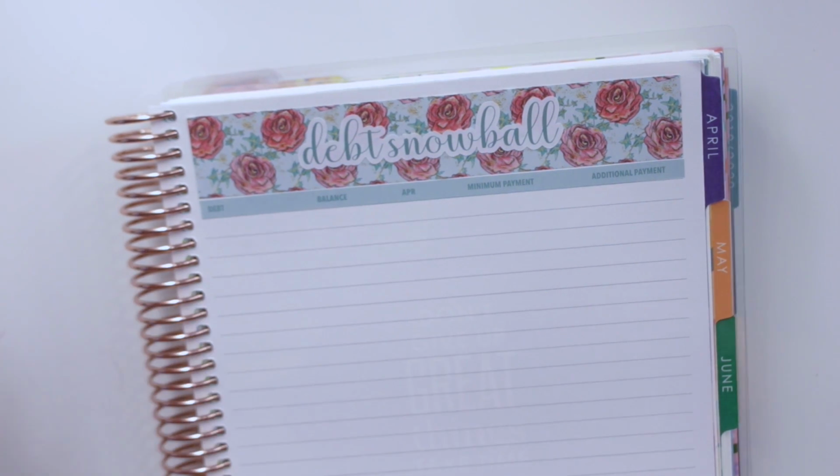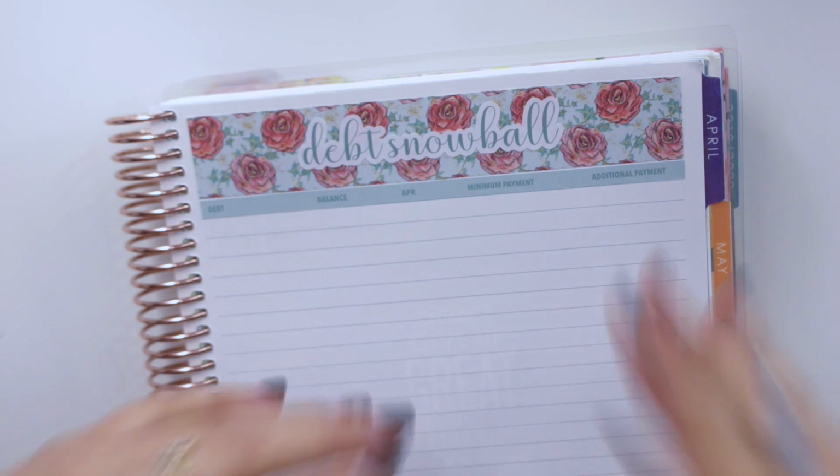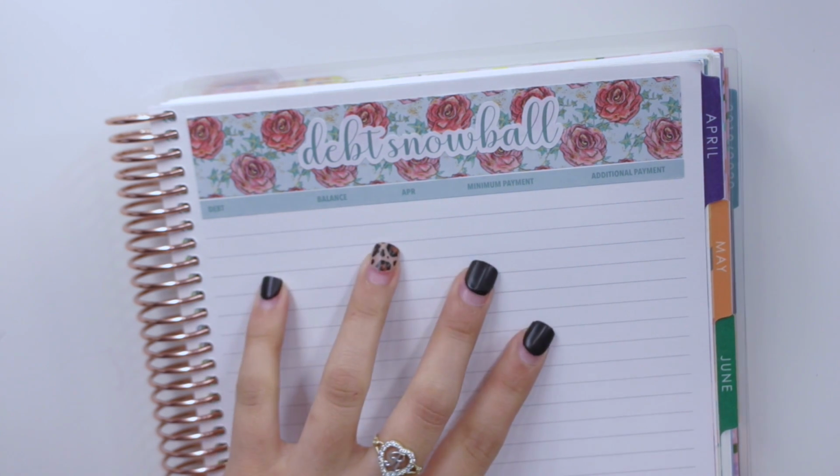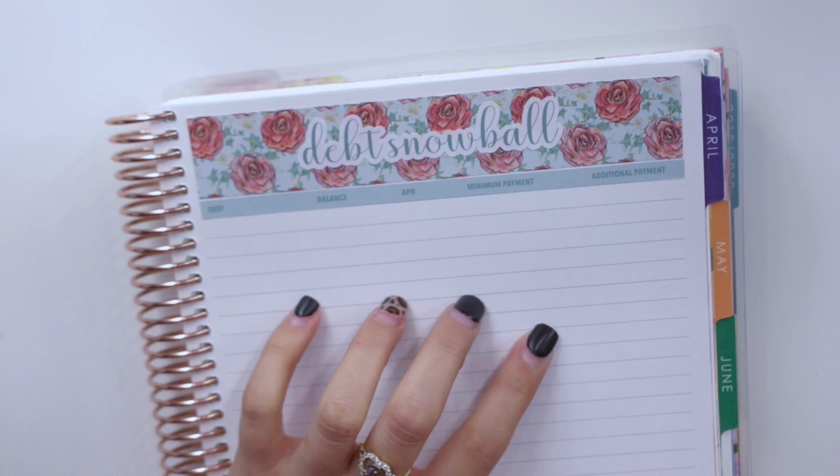I thought that I would just mention that because I feel like a lot of people have asked me if I was going to end up just staying on track with my debt payoff plan, but I think in situations like this it really just varies, and you have to do what's going to work for you and what you think it's going to benefit you in the long run. So for me, I am not going to put those $1,000 towards debt this month, but I am just dealing